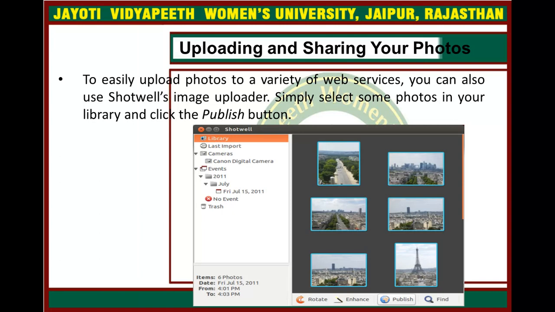Simply select photos in your library and click the publish button.